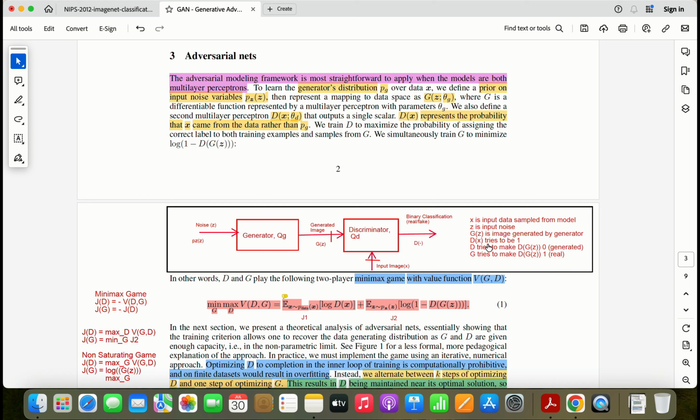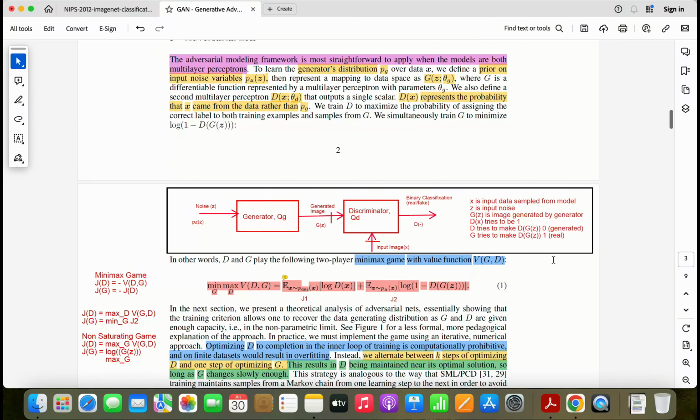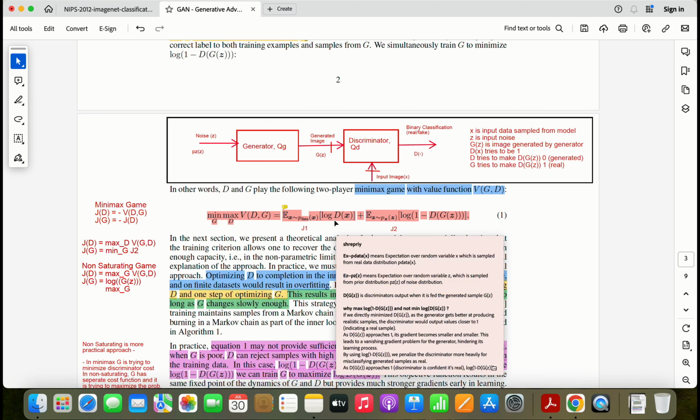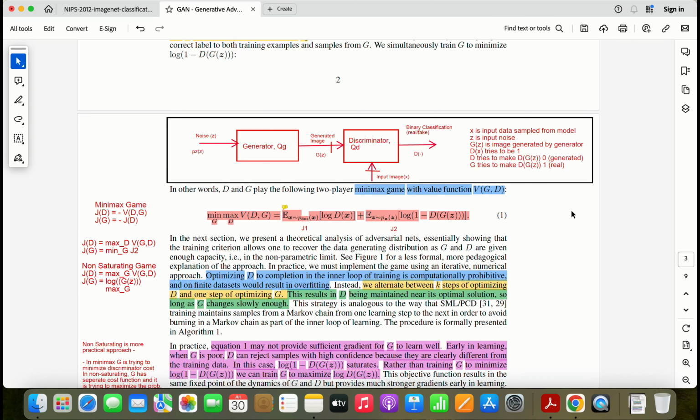So the discriminator is trying to detect the images from the data set as one, that is real. The discriminator is trying to make generated images 0, so that it identifies them as generated. The generator is trying to fool the discriminator, so it is trying to generate an image for which the discriminator identifies it as real. So this is the objective function of min-max again. This is nothing but a cross entropy function, normal cross entropy, where there is one loss associated with the discriminator being unable to identify the real image, and another loss associated with the discriminator being unable to identify generated images.